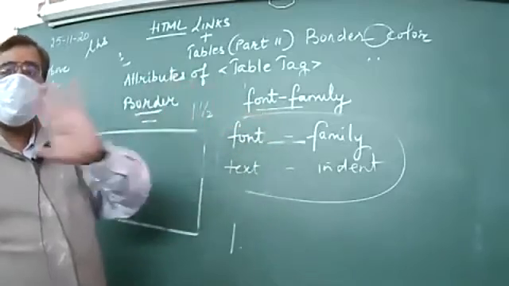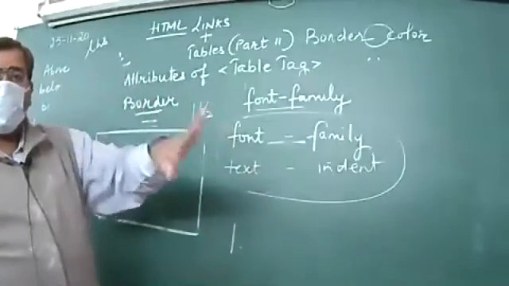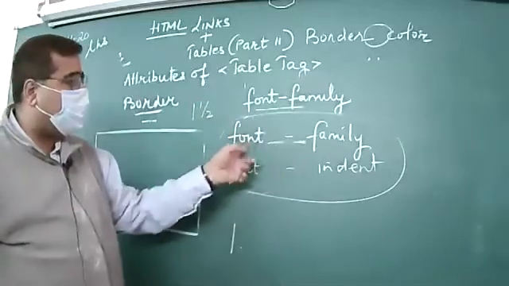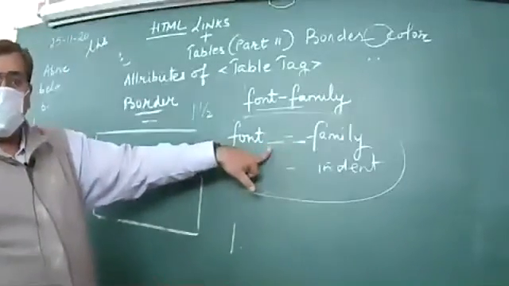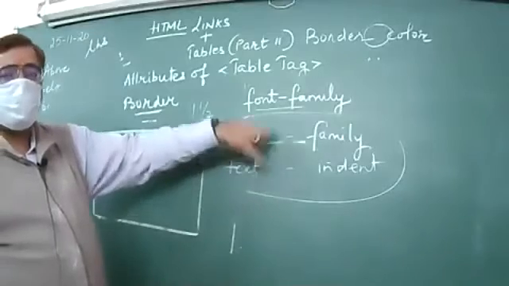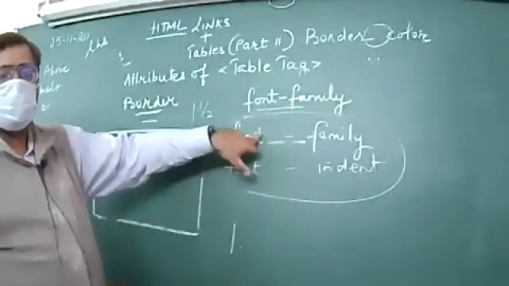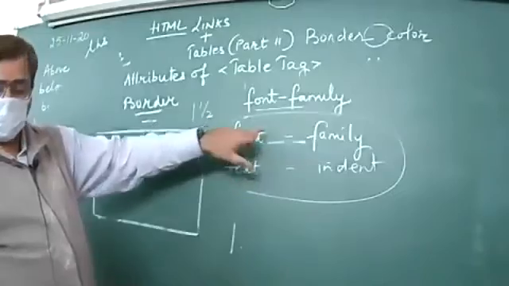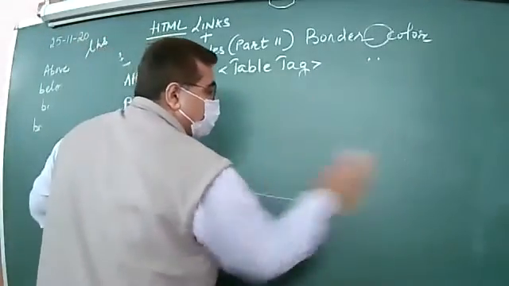Irrespective, your coding is totally correct. There is no problem in the coding, but the way you have written the property name is not appropriate. So be very careful with these small points in pre-boards as well as your boards. Clear? So what is the role of border color attribute of table tag?